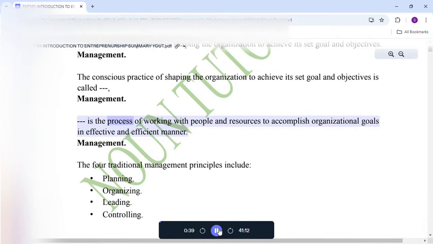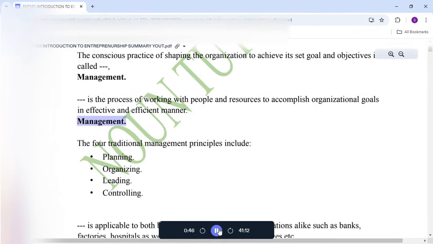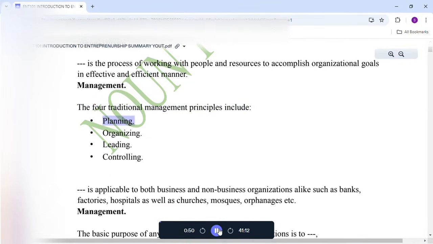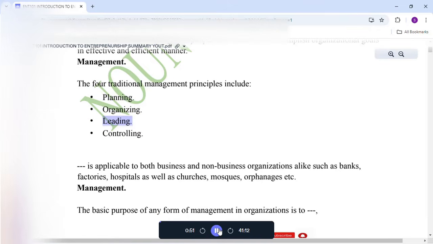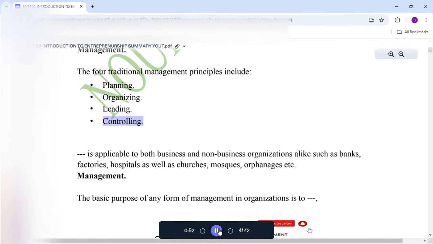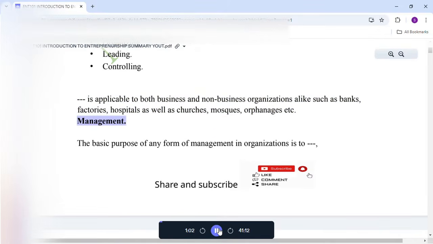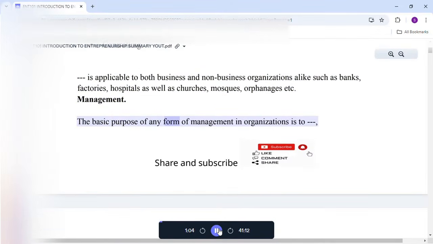Management is the process of working with people and resources to accomplish organizational goals in an effective and efficient manner. The four traditional management principles include planning, organizing, leading, controlling. Management is applicable to both business and non-business organizations alike, such as banks, factories, hospitals, as well as churches, mosques, orphanages, etc. The basic purpose of any form of management in organizations is to